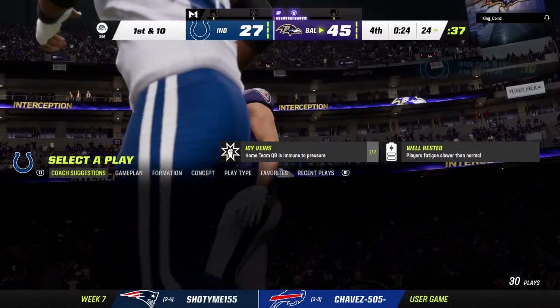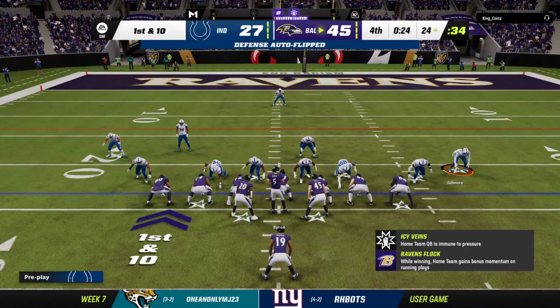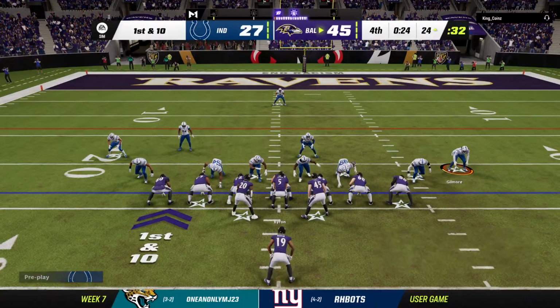Well, it wasn't always pretty, but the interception there, that means that they should get out of here with a victory. Yeah, this is not a game that they're going to preserve for posterity on defense, but they did